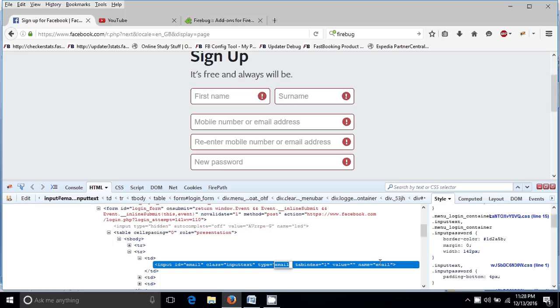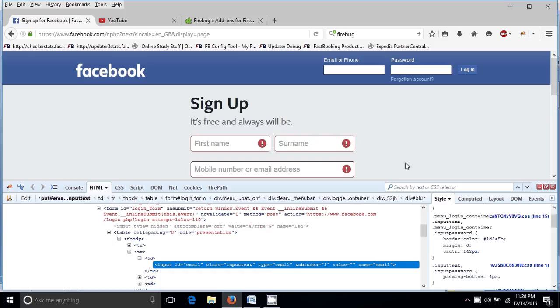So this is the way by which we find out the code behind a particular field.